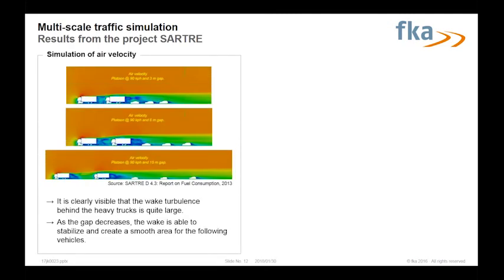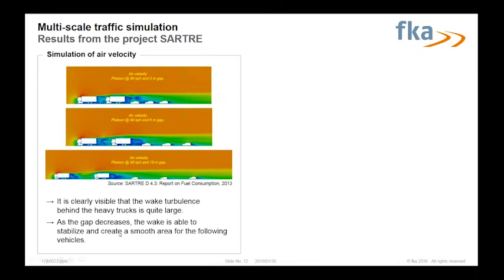If we have a look now at the results from Sartre, for example, there were also simulations we have done in the project on the air velocity to identify what gaps are good to have a good energy efficiency for all the trucks, and here also on Sartre cars, also passenger cars, what are good gaps and which are gaps which are not so good because the effects are not